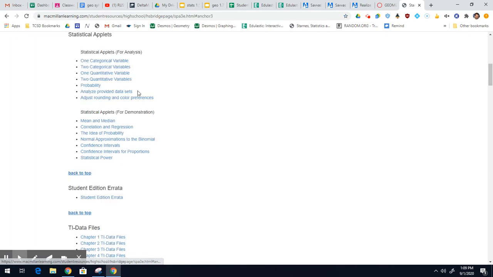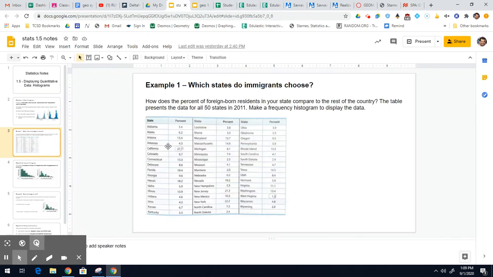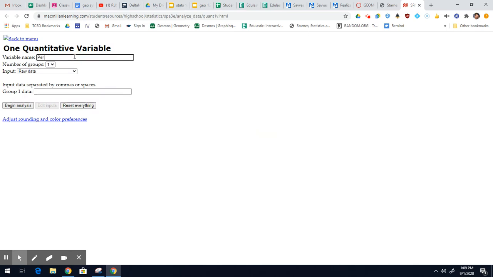All right, stats applets. Again, this is quantitative. We're doing one variable. So what are we measuring here? Let me go back and see. Percent of foreign-born residents in a state. All right, so that's what I'm going to write down. So percent of foreign-born residents. Okay. I can put per state, in a state, whatever. That's fine. Okay, one group of data, and here's where I get my phone out, and I'm going to type in